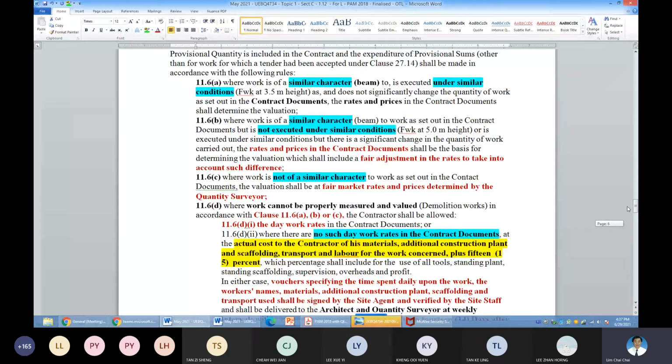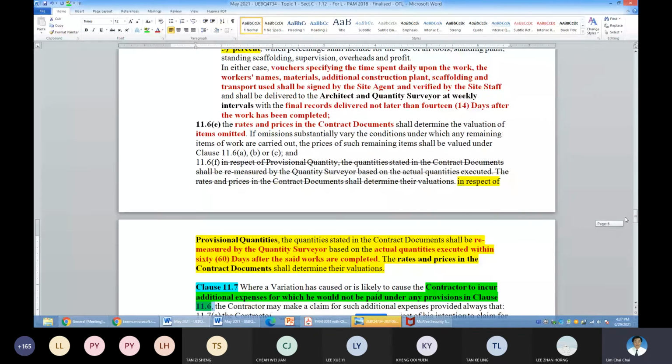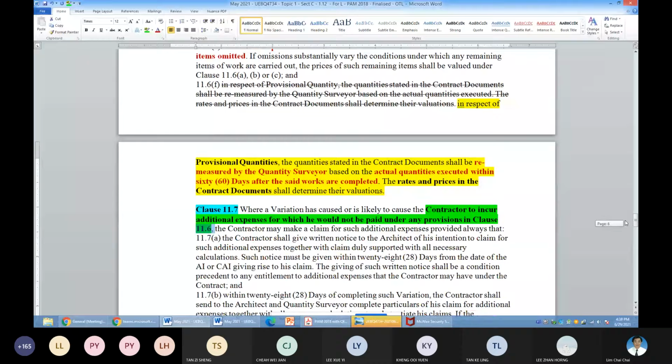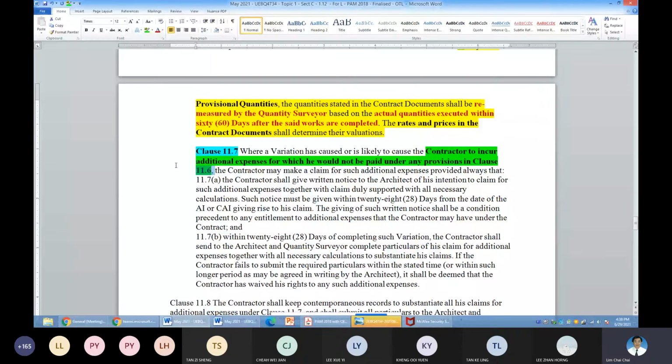But if the contractor has every ground to tell you that there are additional expenses incurred on top of the provisions in your clause 11.6 A, B, D, and so on, then the contractor must follow